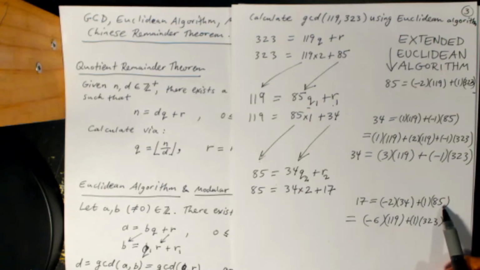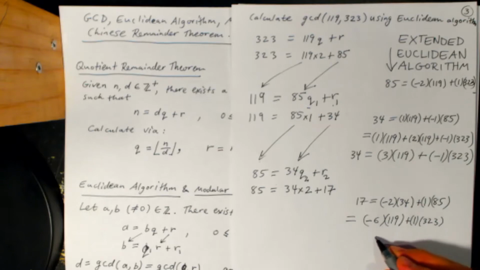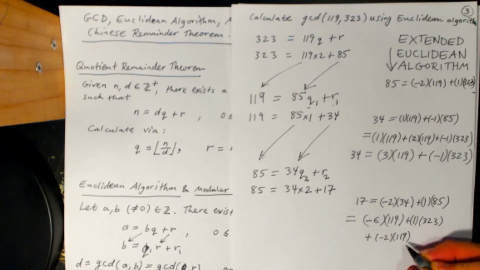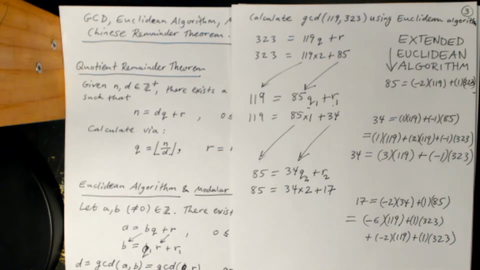We do the same thing with 85, but we've got a 1 in front, so it's just plus minus 2, copying from here, times 119, and then plus 1 times 323 from there. Now we collect like terms, and we see that minus 6 minus 2 is minus 8 times 119, and then 1 and 1 is